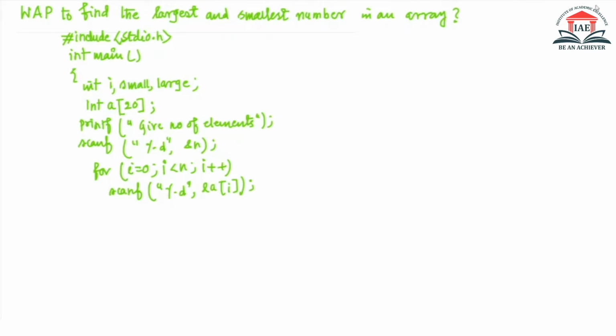So let's do some program which actually comes in your normal examinations. The thing is that you have to write a program to find the largest and smallest number in an array. That means you have to find the largest and smallest number. That means what actually they want. That means if this is an array,